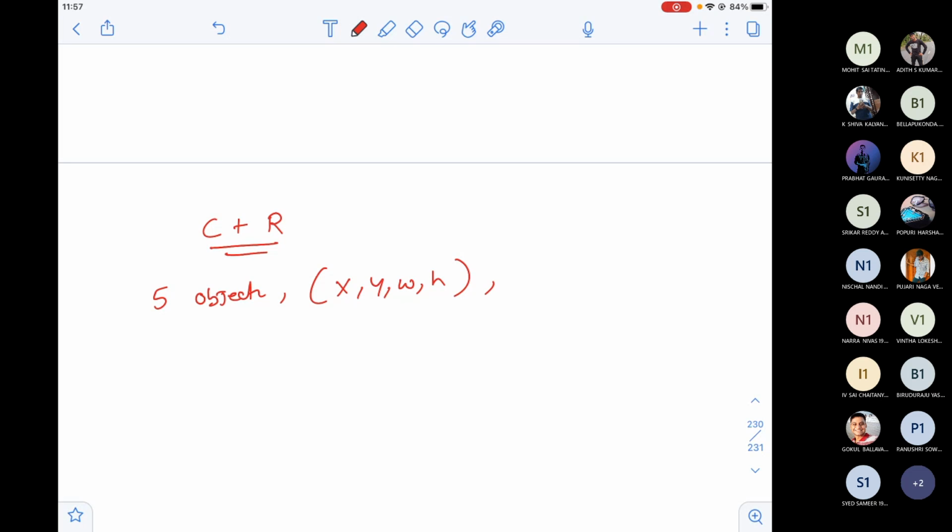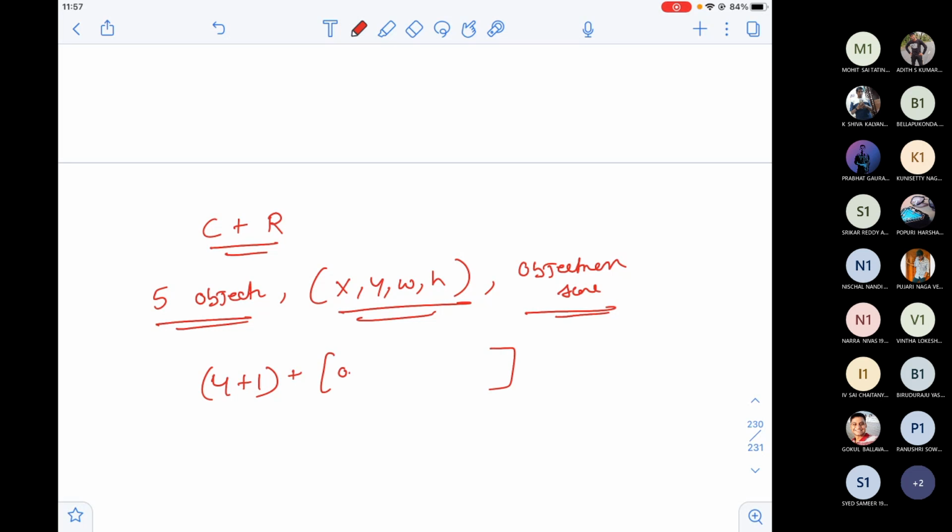And I'll also store the objectness score that I got from the previous layer. So totally, how many values do I have? This is the 4 values, and objectness score is 1 value. So totally 4 plus 1 values, plus these 5 objects. I'll have a softmax distribution 0.1, 0.2, 0.1, 0.60.